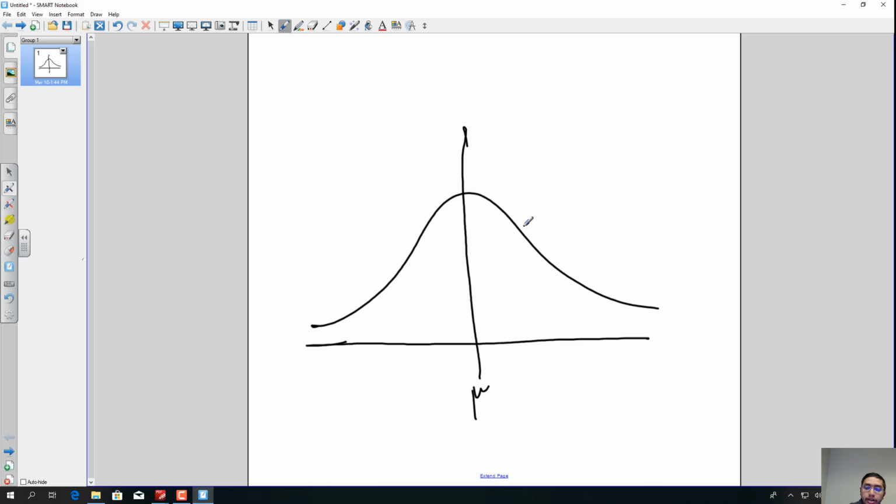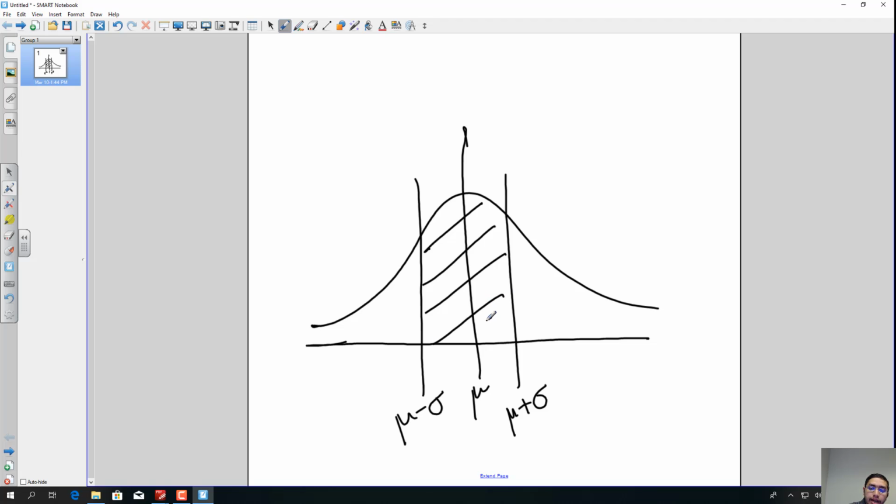Suppose this is our normal distribution, this is our normal density curve. On the x-axis, this is mu plus sigma, and this is mu minus sigma. The area under this region contains 68% of the probability. The total is 100% of the probability, but this area will contain only 68% of the probability. And if we go to mu plus 2 sigma